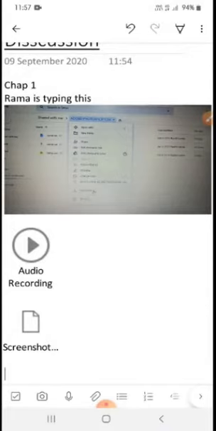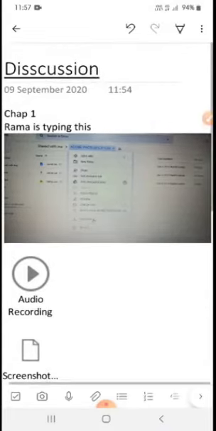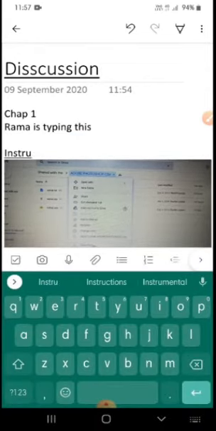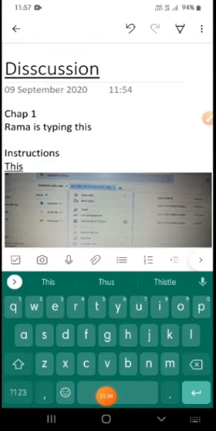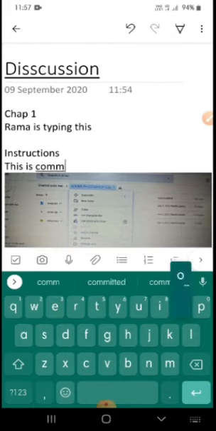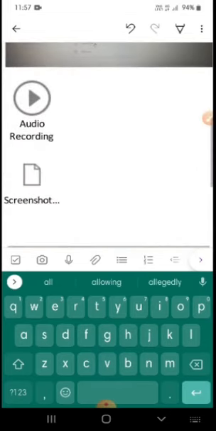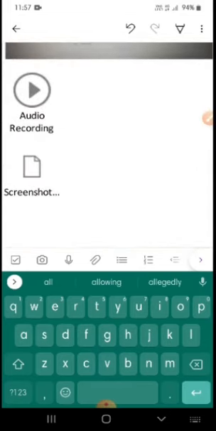This is how you can manage it, or you can type the instructions also, as I have typed here. So there are many instructions, pictures, audios, and image attachments.